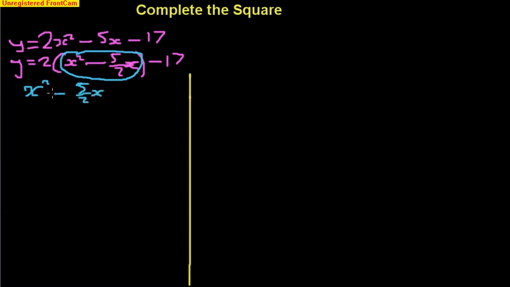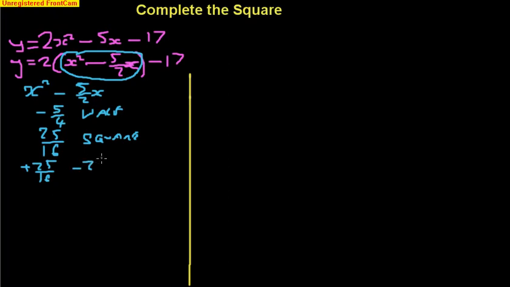And the method goes like this. You take the x term and you halve it. So you get half of that, and what will be minus 5 over 4. So you take the coefficient of the x term, and halve it. So that was halving the original coefficient. Then you have to square it, and you get 25 over 16. So it's squaring it. And you add that on, and you take it away, because by doing that you don't change the value of anything,